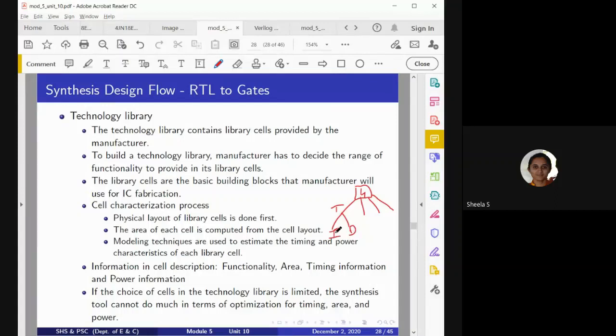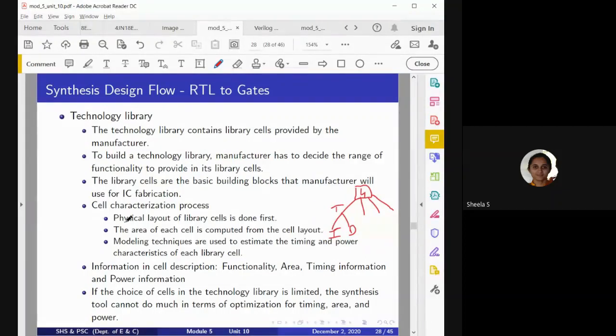D flip-flop and inverter are available. T flip-flop is not available. So using this D flip-flop and inverter, we built the T flip-flop. Suppose the T flip-flop is already available, then instead of building it, we could directly have used it, isn't it? So this indicates which functionality we are providing. And in order to build this T flip-flop, we are using an inverter and a D flip-flop.